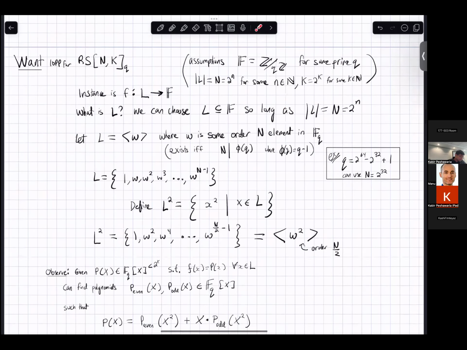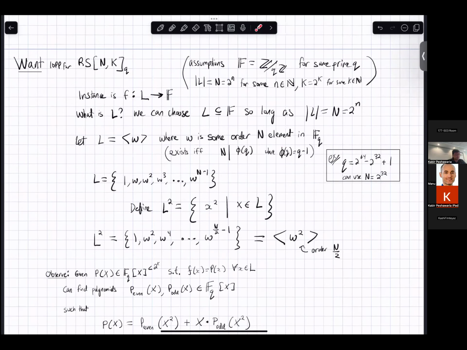Okay. So I'm going to make some assumptions that are extremely important if you want to do the FRI exposition. The normal FRI was defined over binary fields, or characteristic 2 fields. To present it, I think you must present this over the prime field case. So we're going to assume that the field, when I say F, is Z mod qZ for some prime q. So the integers mod q. And we're all more comfortable with that than some random Galois field.